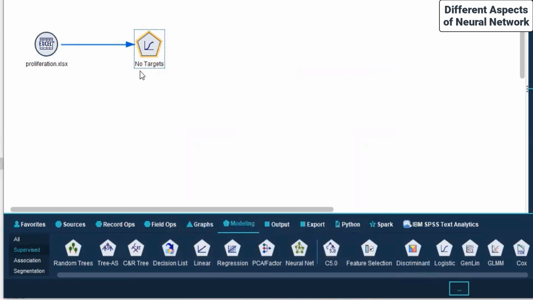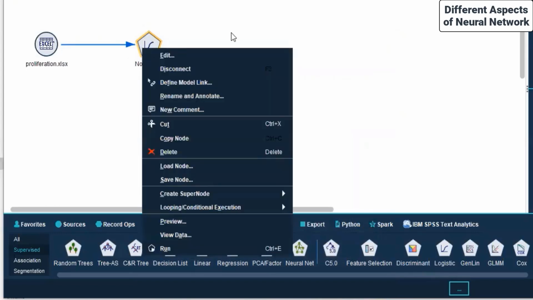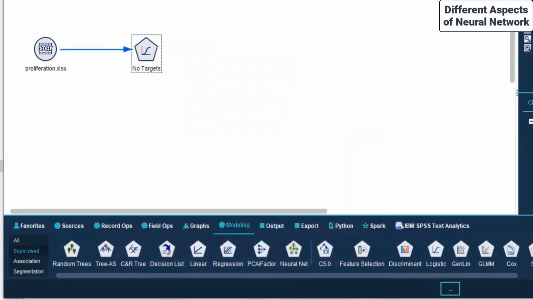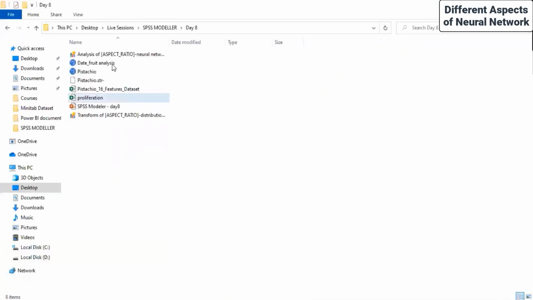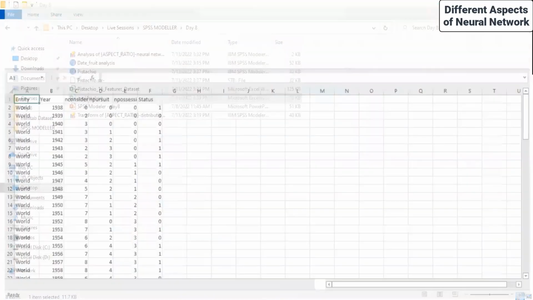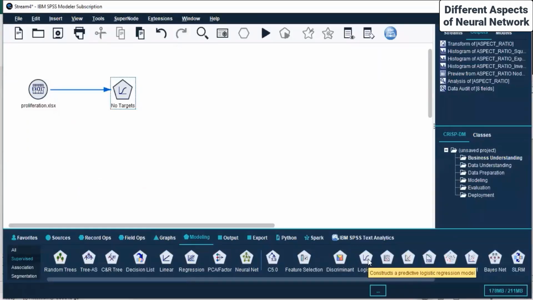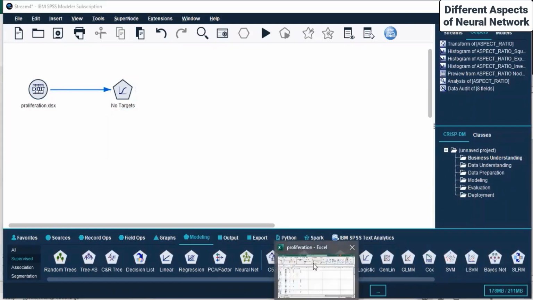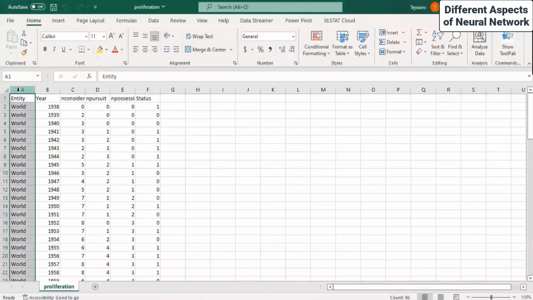So we are not able to successfully import the file because there is an issue related to the target. And let's quickly come here. Let's see if we can make any changes. Predictive logistic regression model, right? That's what they are about. So if I remove this,